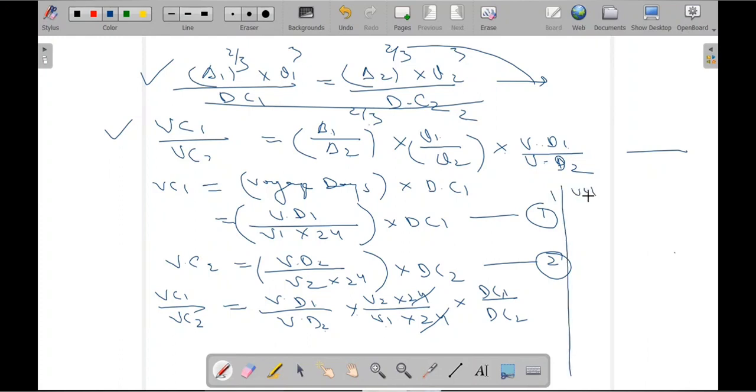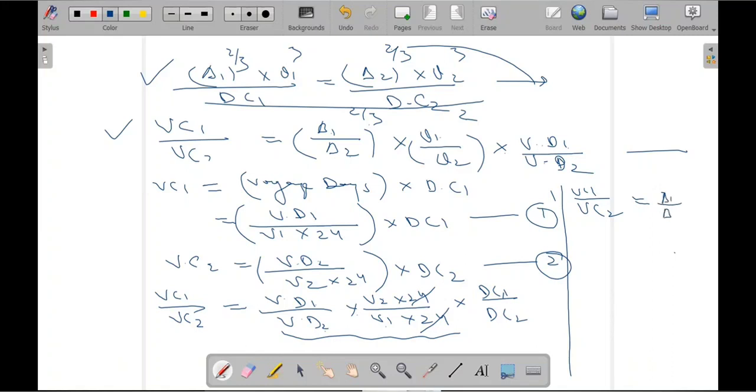So VC1 over VC2 is equal to, this part I am just not writing at the moment. I am only writing this part into DC1 by DC2. DC1 by DC2 from here I can write as